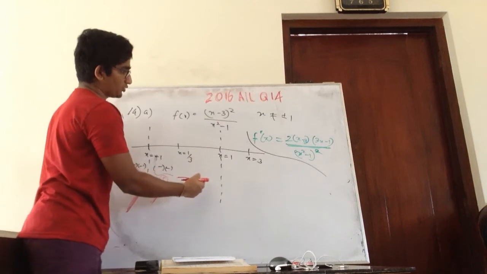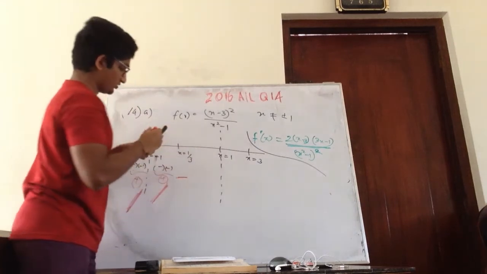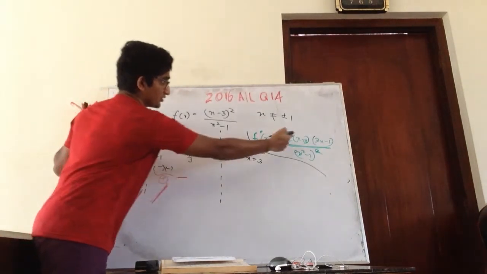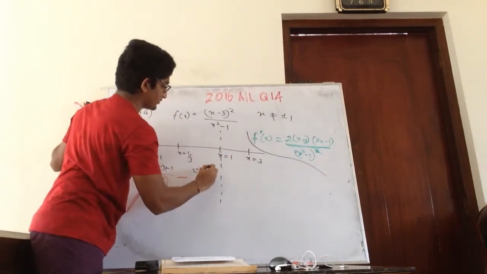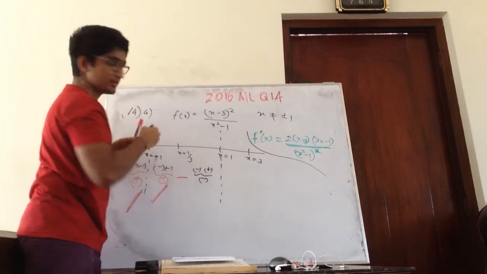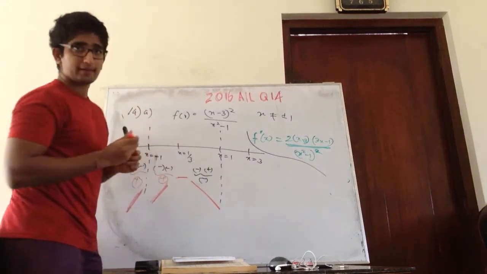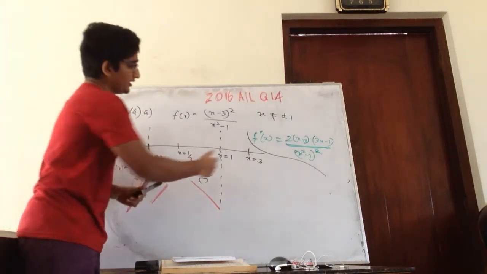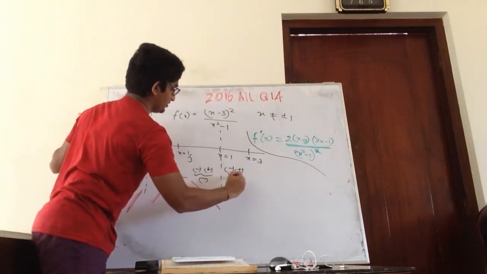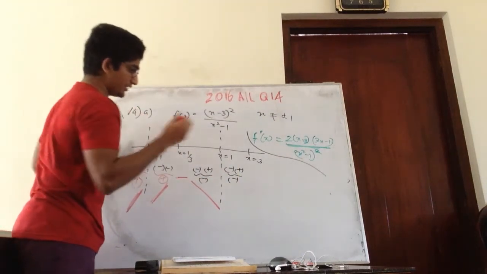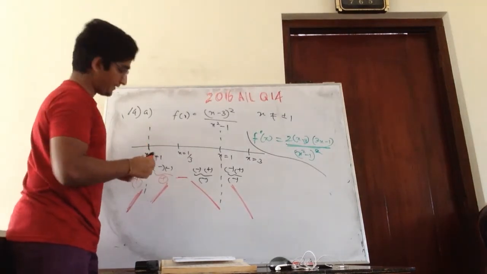Then let's put something in between which is less than 1, like 0.5. So that is going to be what? If I put 0.5, we are going to get minus here, but here it's going to be positive. So this is going to be minus. So the gradient is going to be minus. That means it goes like this. Correct? Right? So let's put something like 2 here. That is going to be minus plus, so it is going to be minus. So again it's going to be minus.